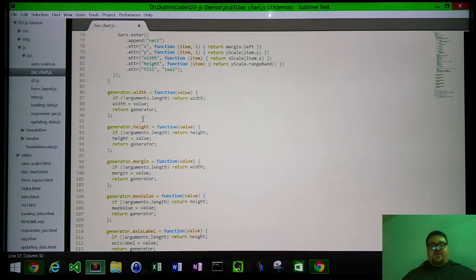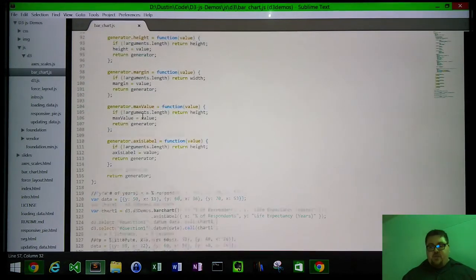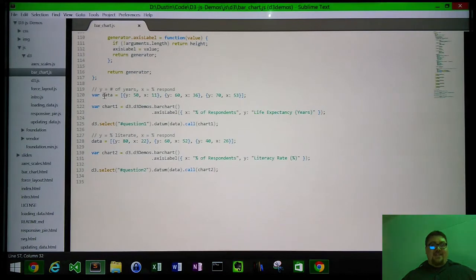So in order to use this generator, it's pretty easy. The first thing we need to do is define a data set. Then we create our function, just like we did with the force layout, just like we're going to do in the next example with another layout, just like we've done with the axis. We're actually going to do d3demos.barchart. We're going to set the axis label, which is one of the parameters from up top, and that gives us our generator function. Then we're going to select our element, our container,